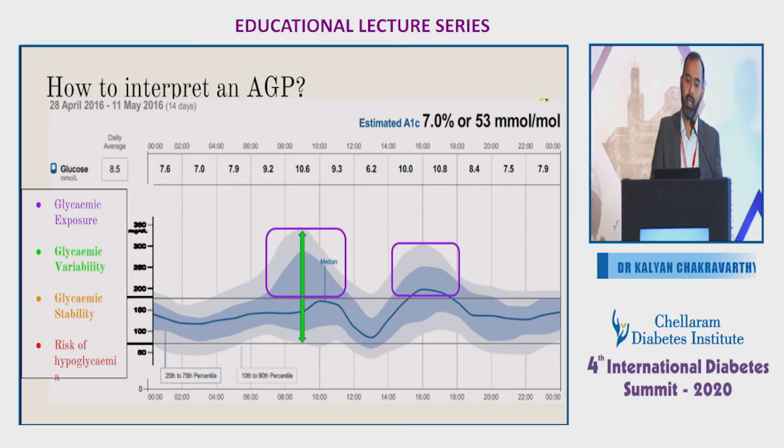And generally, glycemic exposure is a measure of what the patient's treatment is. Glycemic variability is a measure of how the patient's compliance is, or other dietary and other factors. So for example, if he has not taken insulin properly, or he's taken a heavier meal, or overcorrection of insulin in type 2 diabetes, this sort of variability can happen. So generally, we address the variability first and then the exposure.